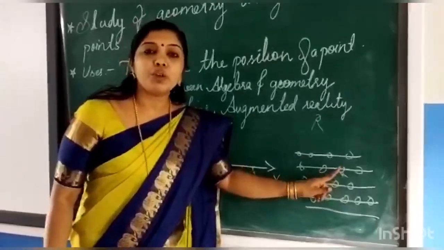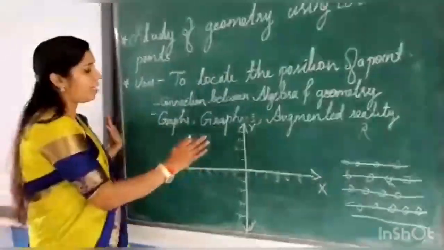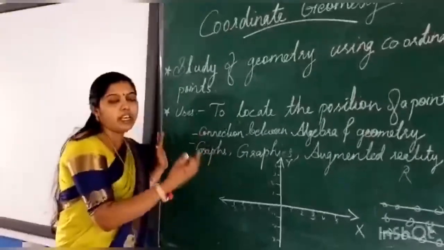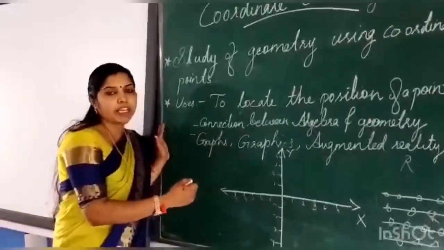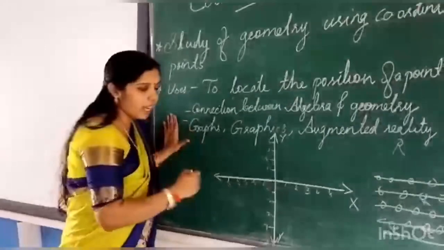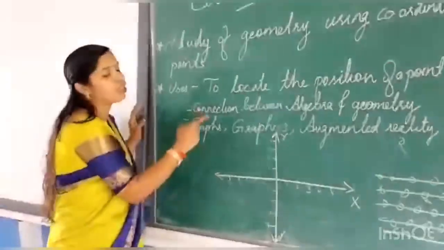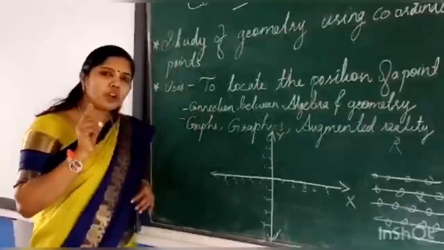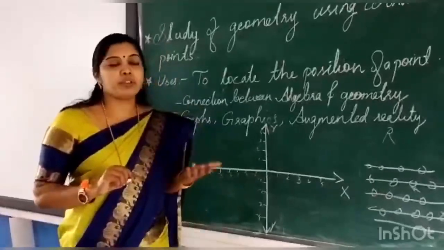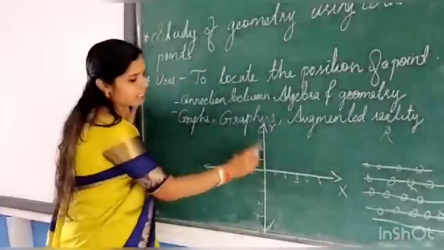So like that, to locate a point in a plane, we have studied in the previous classes. This plane, xy plane, yz plane, xz plane, different planes are there. So like that, to locate a point in a plane, we use coordinate geometry. So locating a point anywhere on a plane, how will it help? See, using that idea, we draw graphs, isn't it?